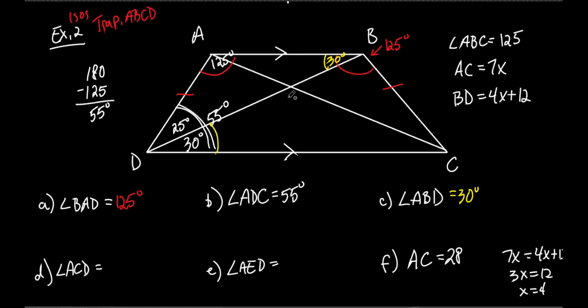ACD, where's that? ACD, let's go different color again. Let's go blue. So ACD is that angle right there. Not ACDC, but ACD. That one right there. That's easy. It's 30, that's right. Why is it 30? Yeah, because